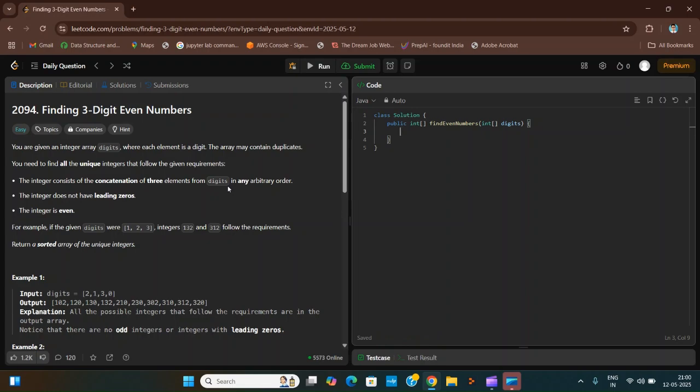So this time we are going to solve one question from Leetcode, and tonight's question is finding three-digit even numbers. Here we will first understand the problem, break it down with logic, and then write a clean and efficient Java